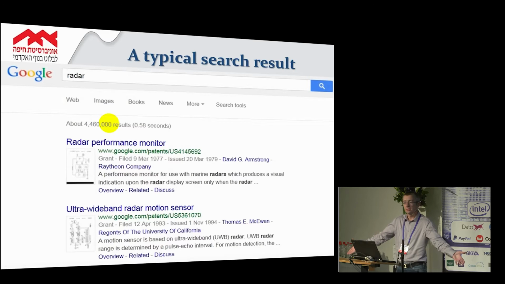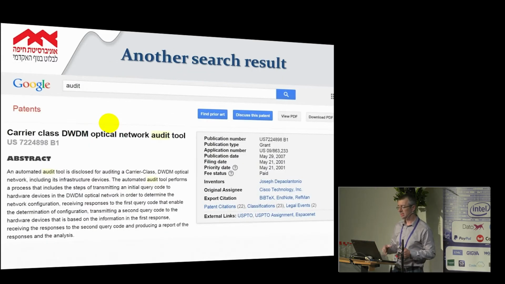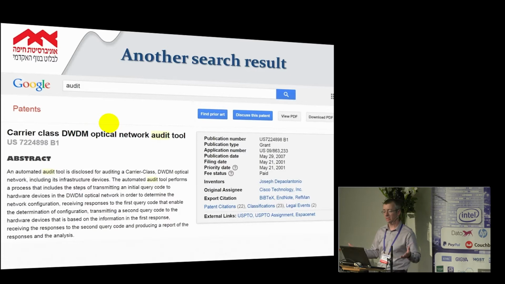What is this? Does this mean that this area is very popular? I actually did my homework. I figured out that there are about 40,000 patents that mention radars. So what is this 4 million? I don't know. And there is another trouble, say the query is audit. When we say audit, right, it's like financial audit. It turns out that in patents, the word audit is being used for pretty much anything but financial domain,